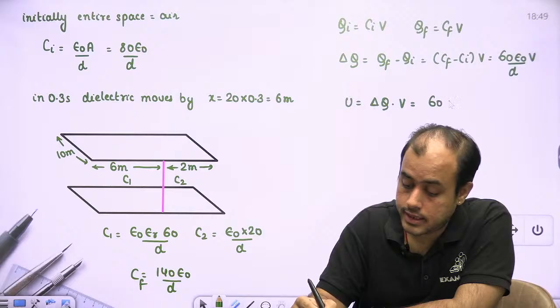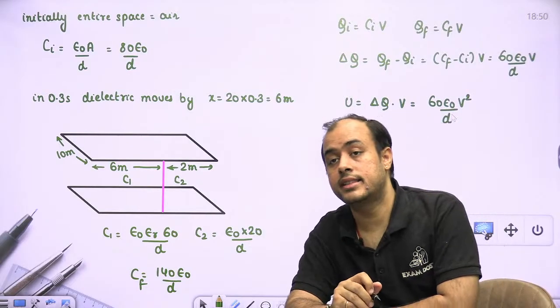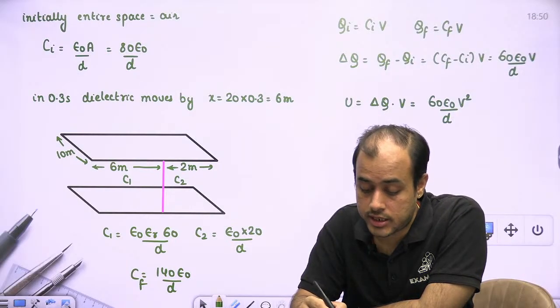So it is 60 epsilon naught V square by D. बैटरी से जो एनर्जी आती है ना, वो हमेशा चार्ज इनटू पोटेंशियल करके आती है।